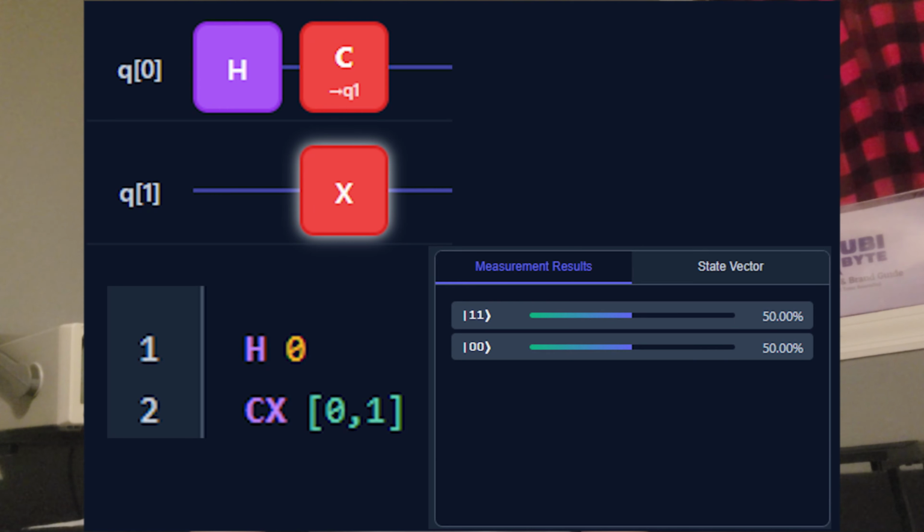So here is a Bell state in Qubi. There's 2 lines. You have a Hadamard gate applied to the 0th qubit, and then you have a CX with the 0 as the control and the first qubit as the target. When you run it, you get a maximally entangled pair, which is the foundation of quantum teleportation, superdense coding, and